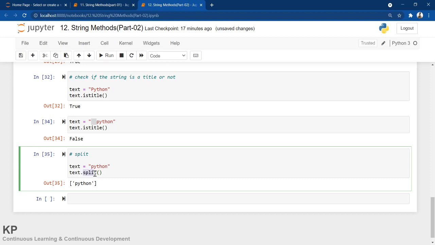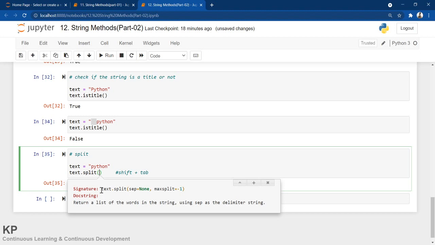We don't know how many arguments or parameters are accepted here, so we can keep my cursor inside these brackets and press shift plus tab. It will give one help.